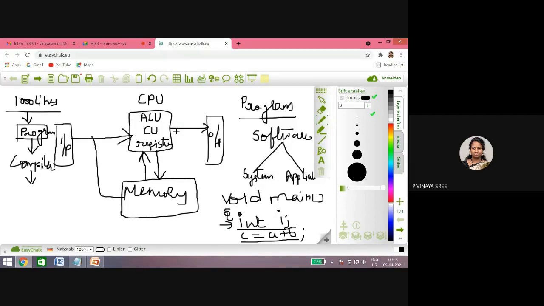These instructions, one by one, a processor has to execute, and after execution, it has to store back the result, either to the output device, or if it is not needed right away, it will be stored inside memory. So this is the concept. Let me explain here. We will have input devices, where the data is entered. Example, I have considered a program. Whenever you write a program of 1000 lines, it will not go directly for execution. It will be stored inside memory.